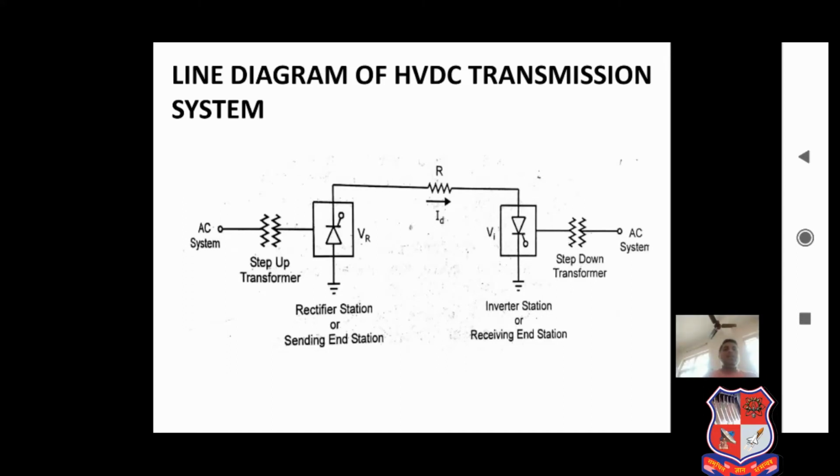Here we discuss the line diagram of the HVDC transmission system. In HVDC transmission systems, generally AC power is generated, then stepped up through step up transformers, and this high voltage is rectified from AC to DC through rectifier units at the sending end side. Then this DC supply is transmitted over an overhead transmission line, and at the user end side it is converted from DC to AC through an inverter substation. Then it is stepped down to a low voltage and used.